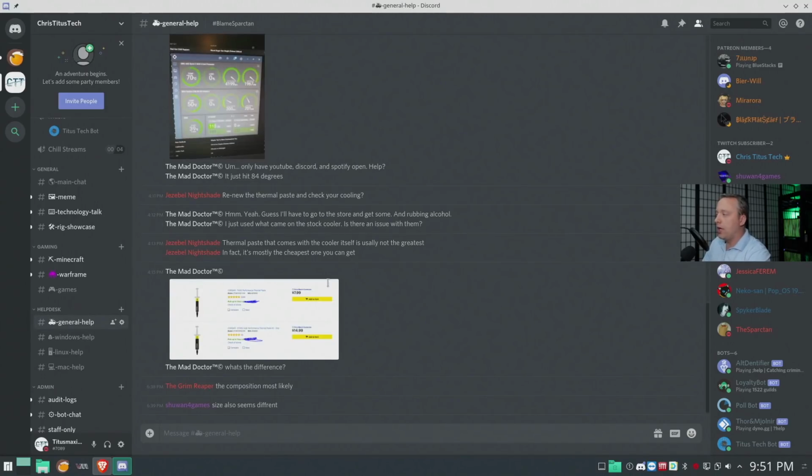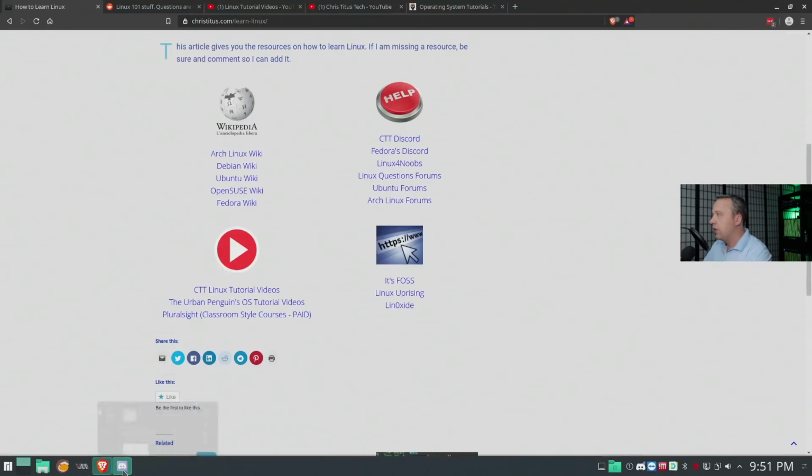And then just general help, where people just say, hey, what kind of thermal paste am I going to use for computer builds and these types of things. So very nice to get that live interaction. I'd say forums are good, but it's not that immediate gratification where if you get into chat, that's why I love the Discord. And we have a fantastic Discord. Fedora also has a Discord. I put that in here. I haven't actually joined it or done anything with it, but I've heard good things.